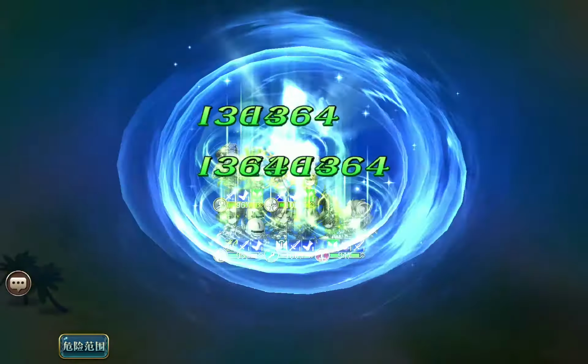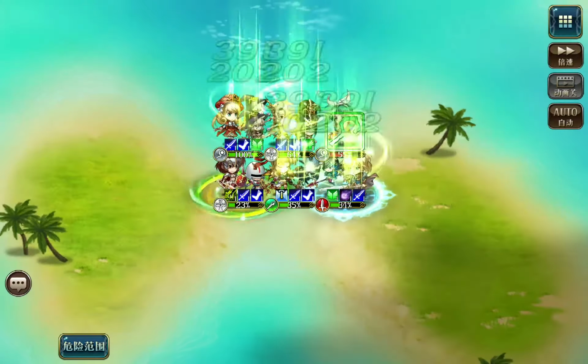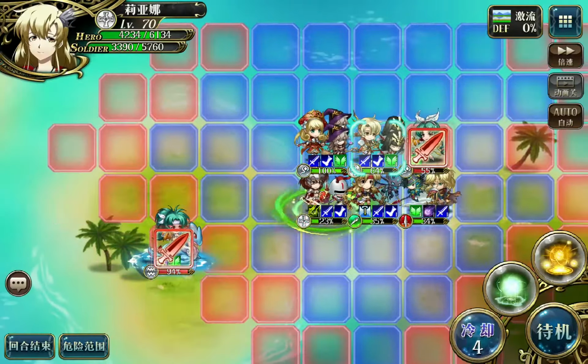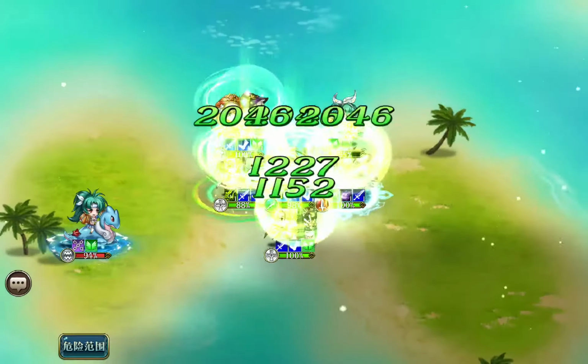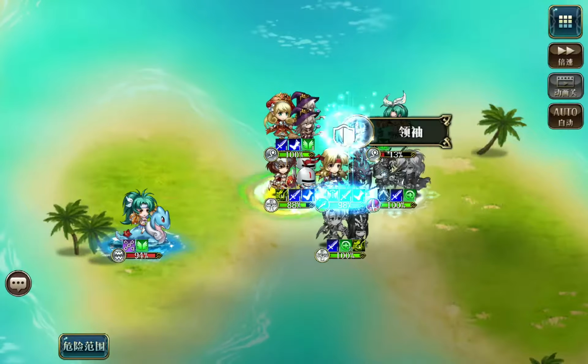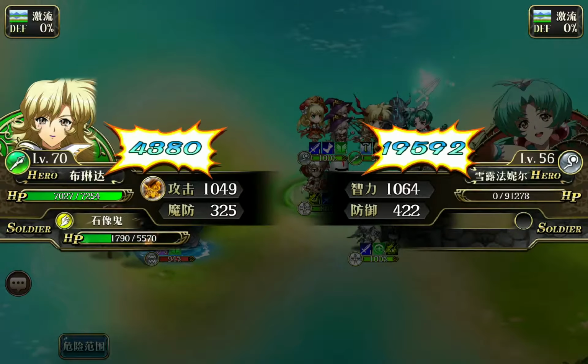But now that I'm using my regular team that I was progressing with, you'll see that I have a much easier time getting rid of them. Killing Shelfenil quickly is pretty much the key here, I think, because she's so annoying with that giant AoE she does. And she's actually pretty frail if you have good enough DPS, so...